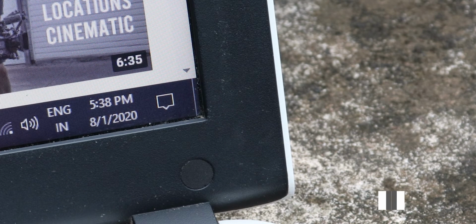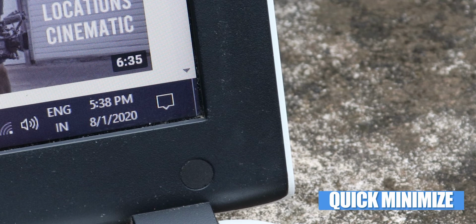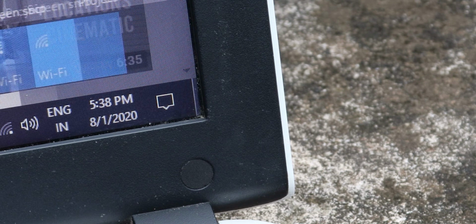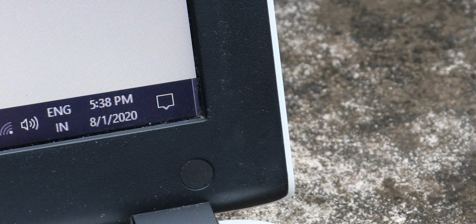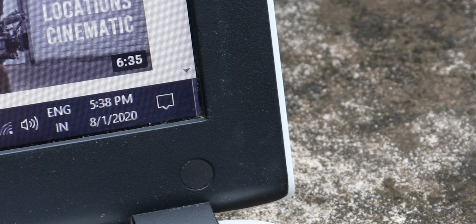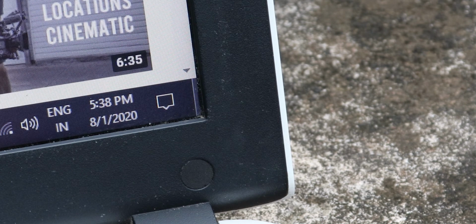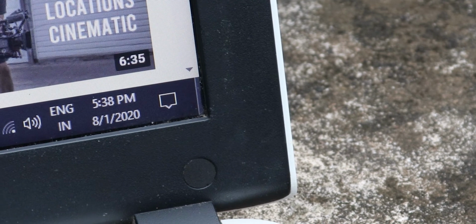I think most of us, including me, use Windows D to minimize all tabs at once, but Windows do have one more shortcut. You see the white line at the edge? Just click on that and everything gets minimized automatically. If you don't see it, enable it in taskbar settings.